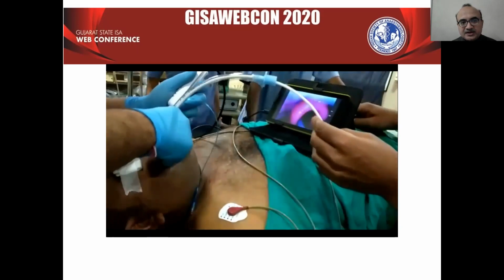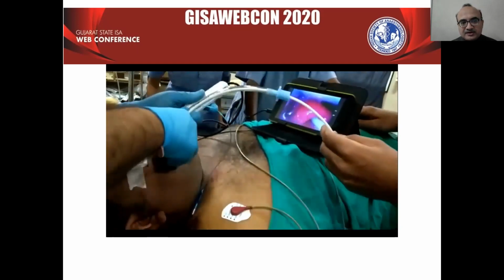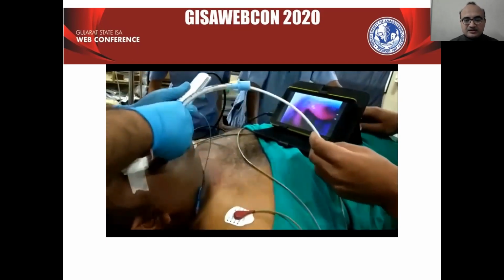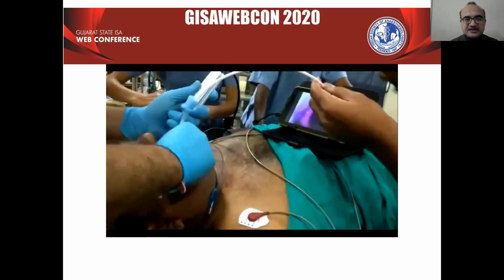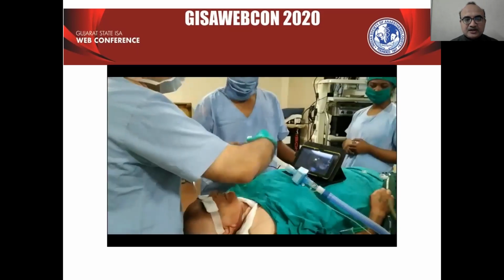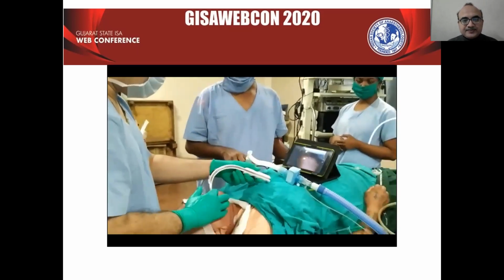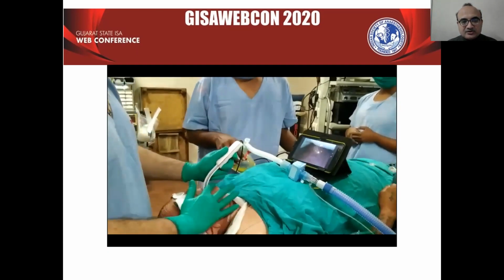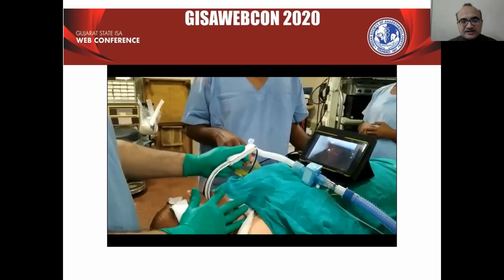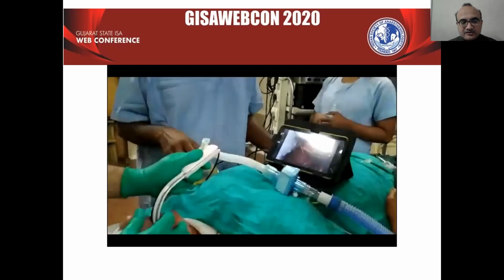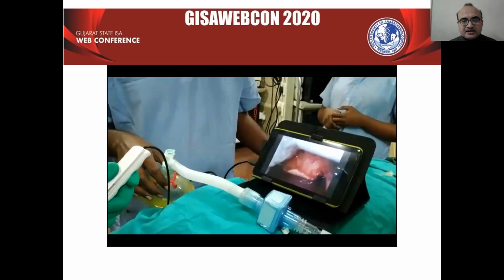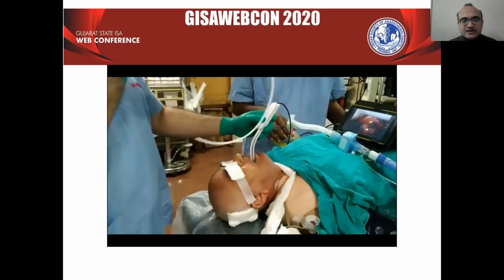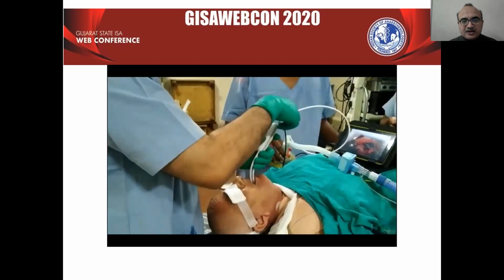This is quite a hefty patient, but no neck movement, no neck extension is required to intubate this patient, that you can appreciate. We see another video also. This is an old age lady we are intubating with TASCOPE. You can see the easy maneuvering without any neck extension. The epiglottis is visualized, larynx is visualized, and now the bougie is being inserted.